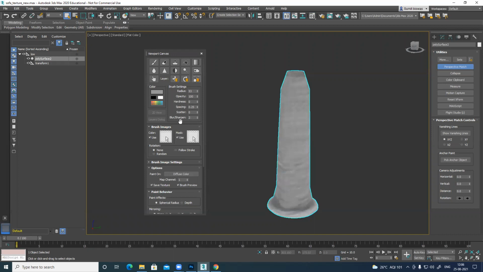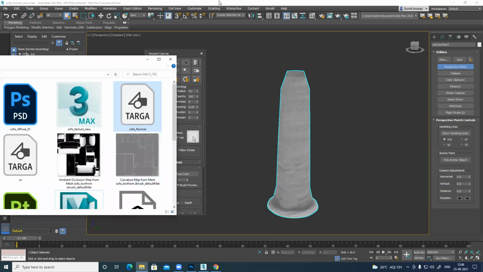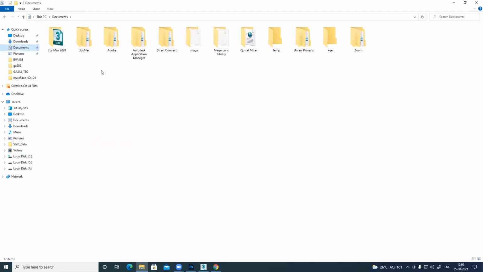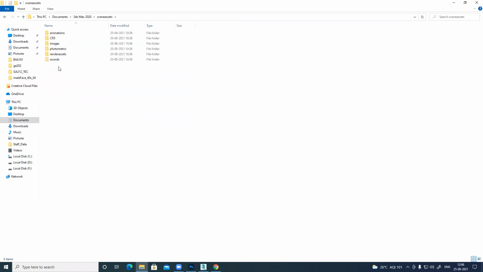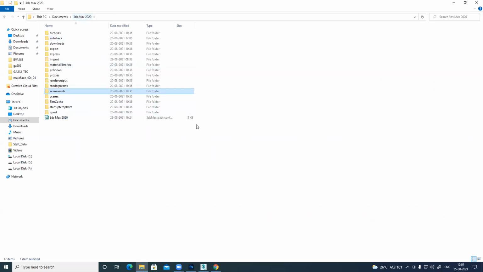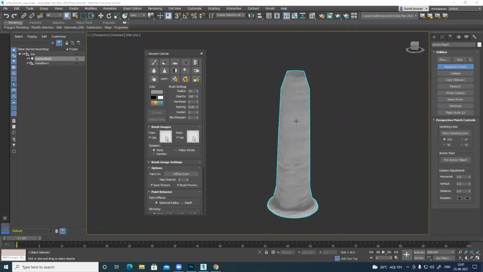It's not showing. It must be somewhere. Not whole is saving.